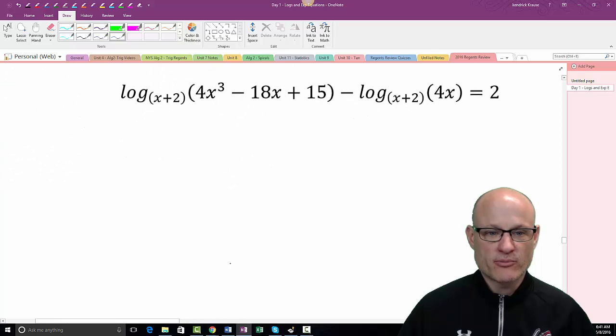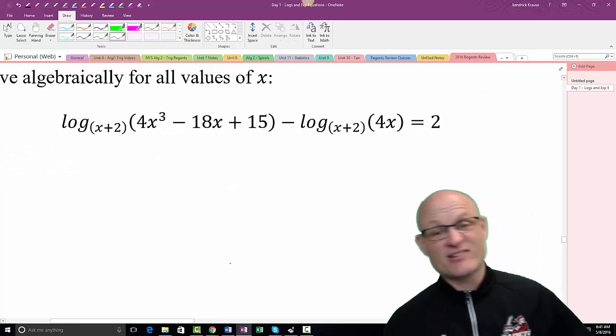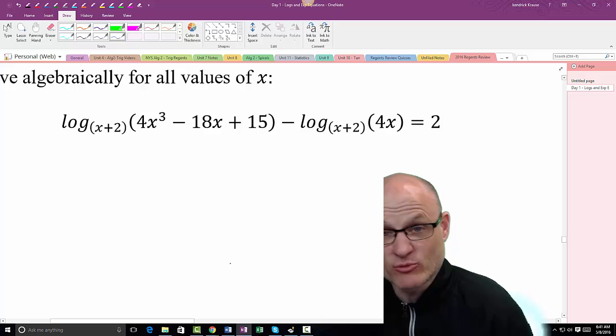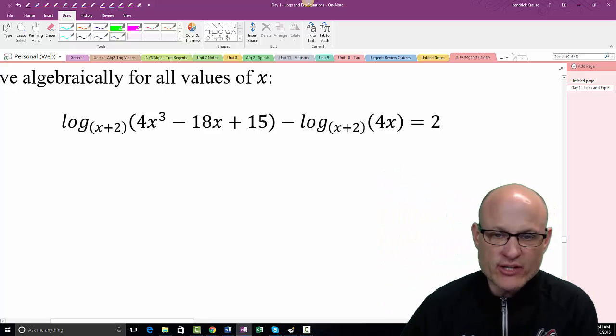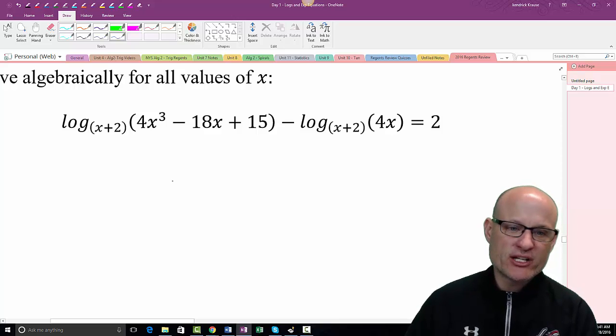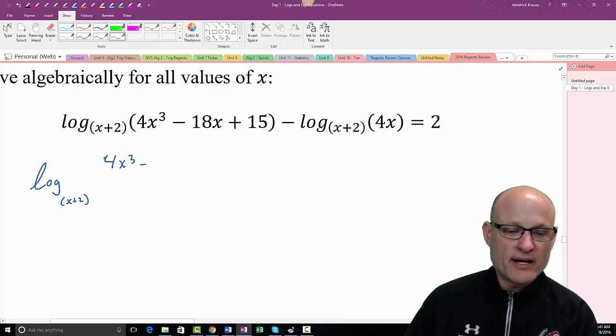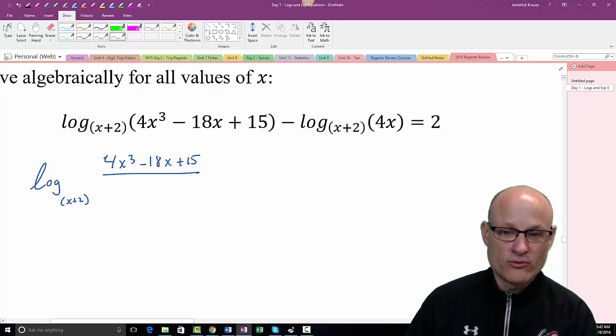All right, one last hard problem. Oh my gosh, this was another 6-point question on a Regents exam. So let's see how it's done. First things first, I'm going to condense these. It's subtraction, so I'll condense them into a division. So log base, notice I put the base down here, of 4x cubed minus 18x plus 15 all over 4x